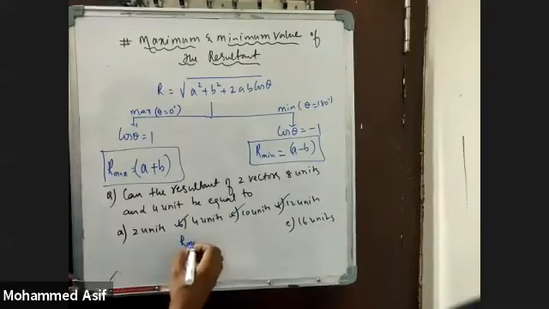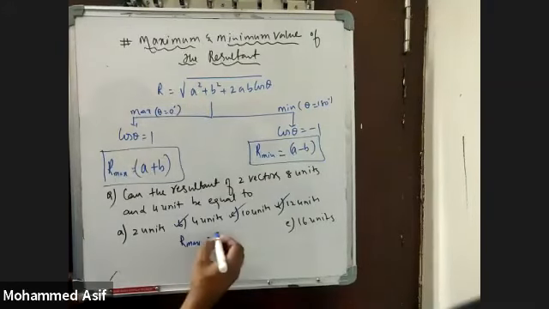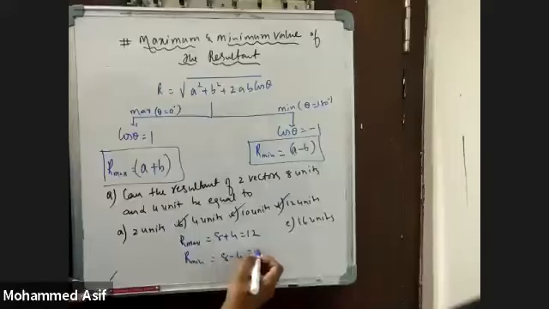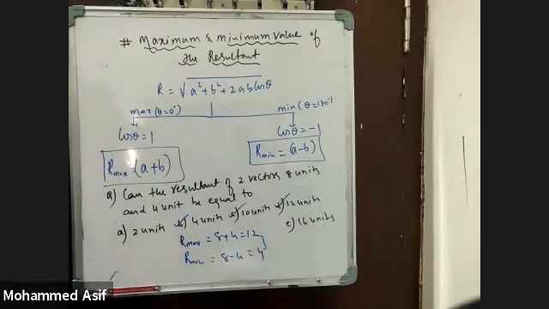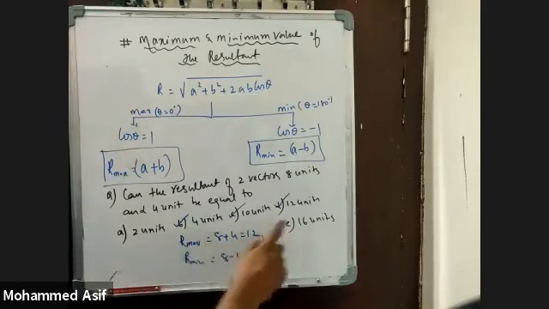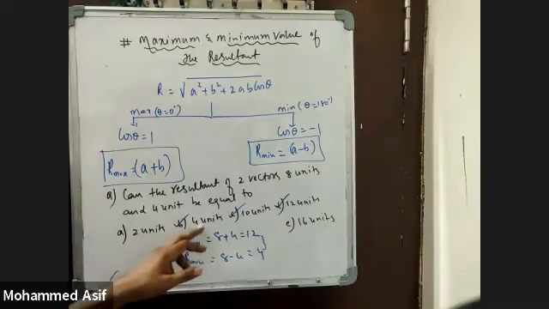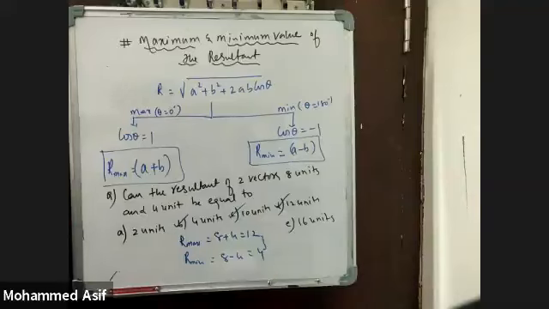So that is a condition. R max value is equal to how much? A plus B. R max value is 8 plus 4, that is 12. And R minimum value is 8 minus 4, that is 4. Any number which is lying in between can be the resultant. It can be 4, it can be 12, it can be 10 also. Like say in options, if we had been given 3 and 15, then your answer would have been 10 units. Got it?